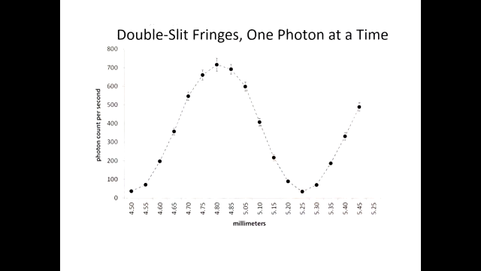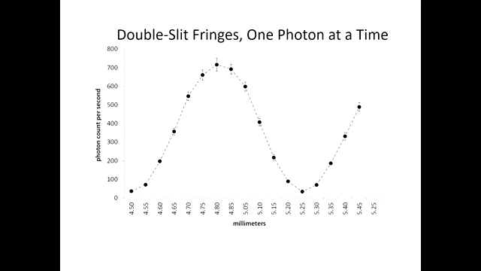So the way to do this, since you're measuring one photon at a time, is you set up what the photomultiplier looks at, and then you move it a little bit, and you move it a little bit, you move a little slide, so you're only getting a little piece of the interference pattern. And as you move that back and forth, you can actually trace out an interference pattern, and that's what you see here. And you see by the error bars on it that it's very tightly controlled.